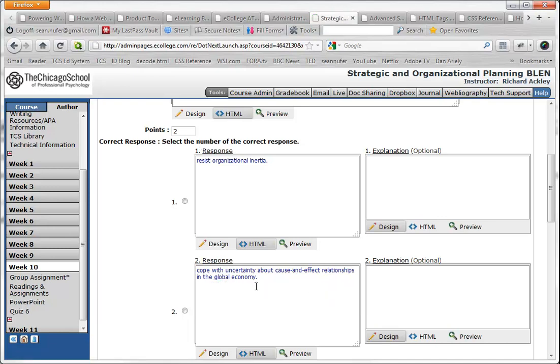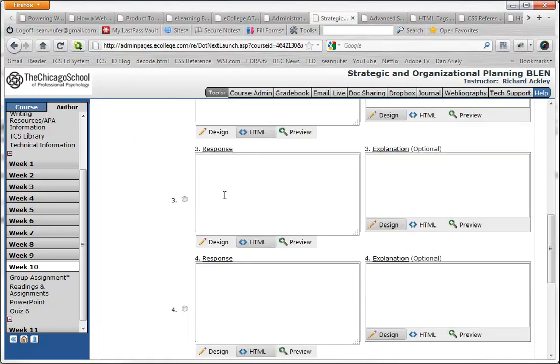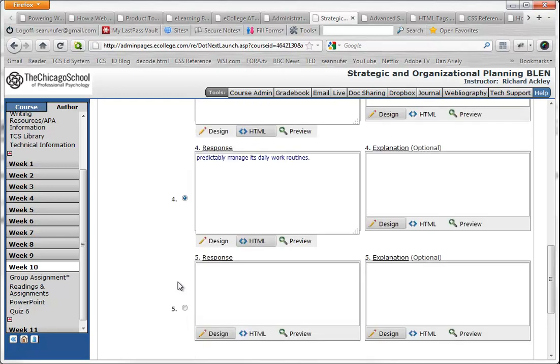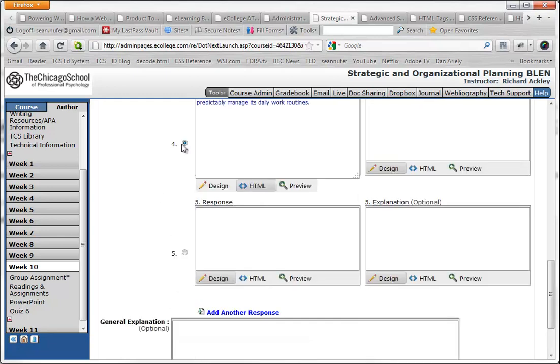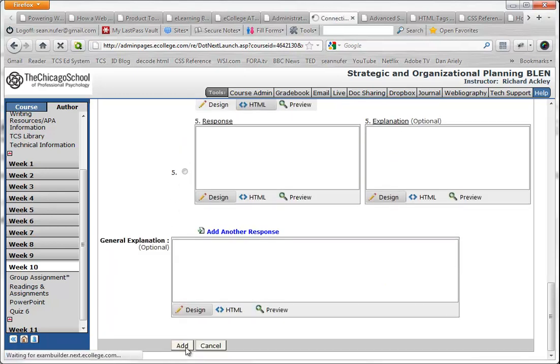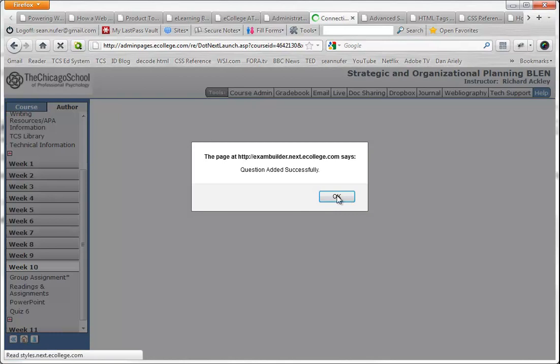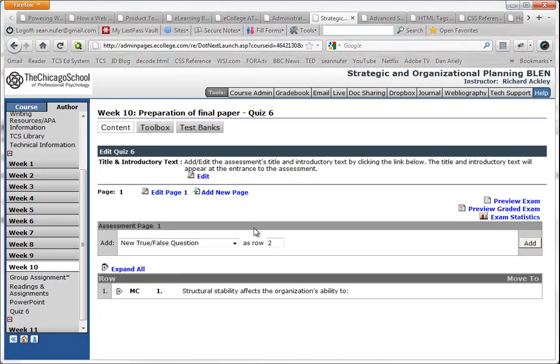Now I have A and B. Here's C. I'm going to delete that beginning part there. Delete that. And now I have A, B, C, and D. D is the correct answer for question number 1. So I'm going to make sure that 4, which is D, is checked, and I'm going to add that question. It's going to give me a sign that says it's been successfully added,